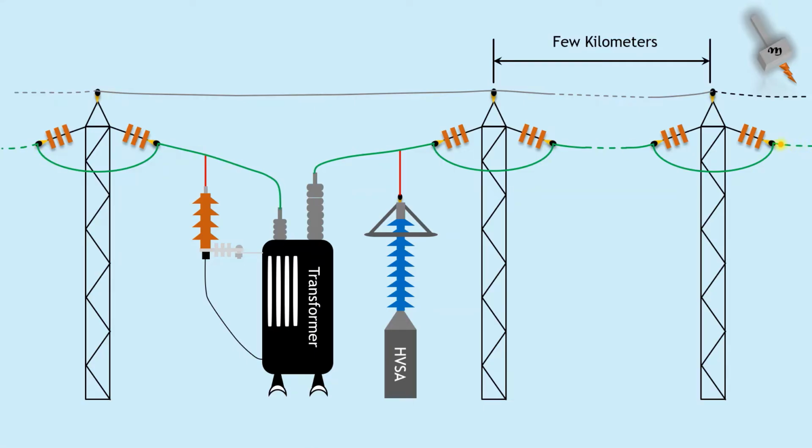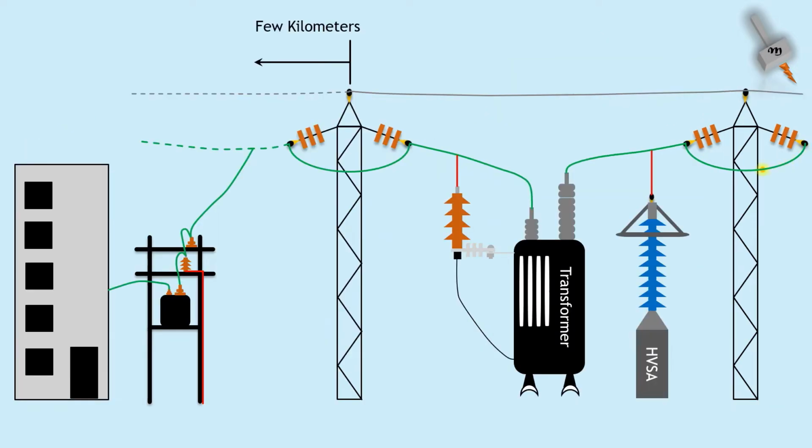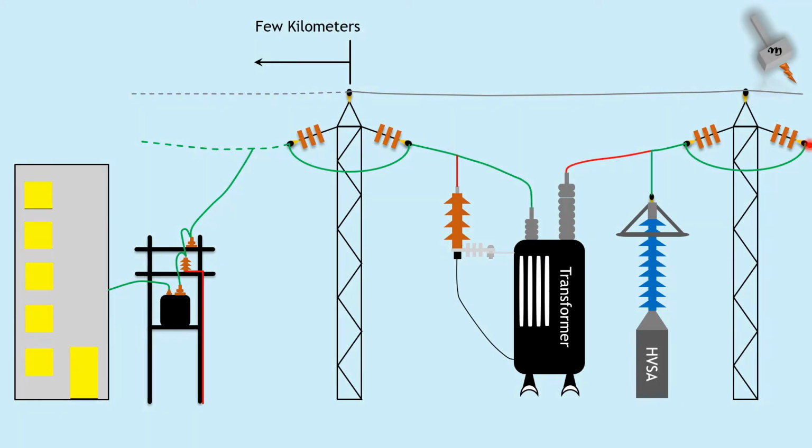Before we can evaluate the lightning arrestor, let's understand how the lightning arrestor does its job. Under normal conditions, the power flows through the grid via transmission lines, substations, and distribution lines till it reaches the residential location. Under fault condition, the lightning arrestor senses the overvoltage in the system and diverts the surge into the ground. Depending on the location, the surge is diverted to the ground by the nearest lightning arrestor.